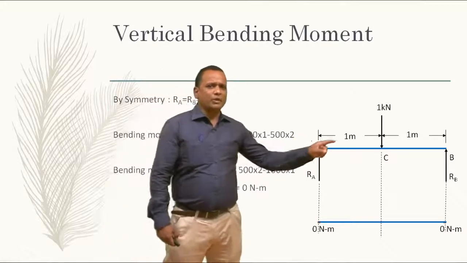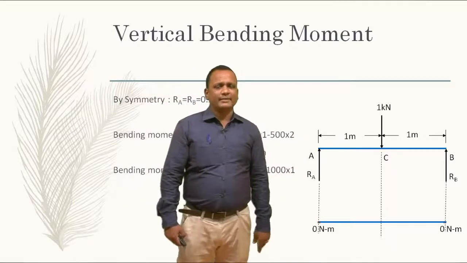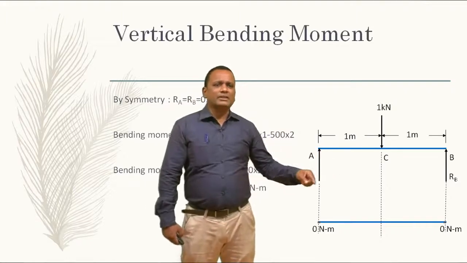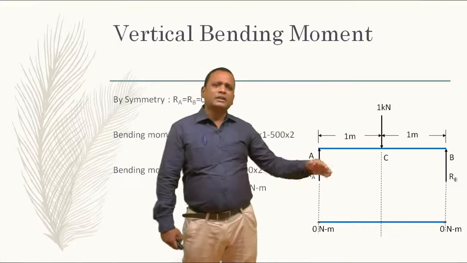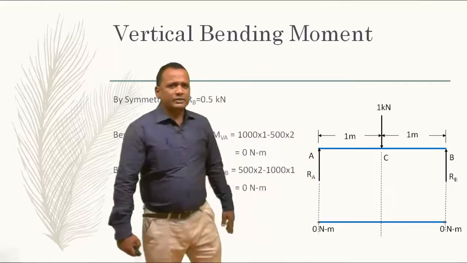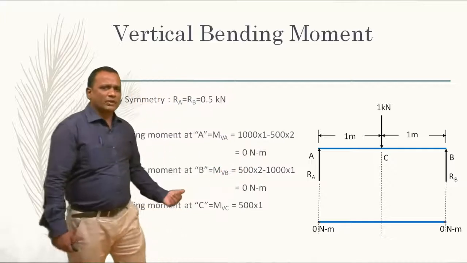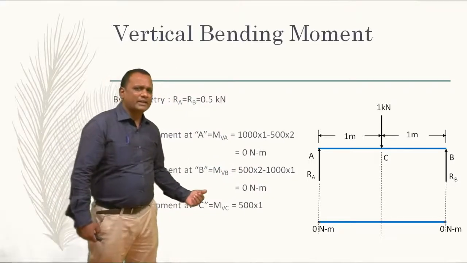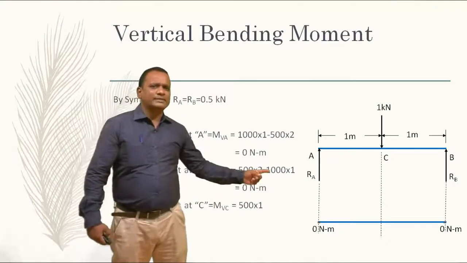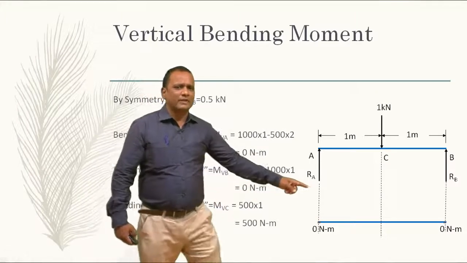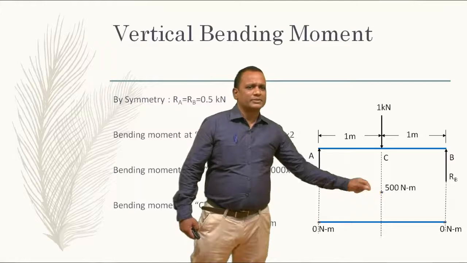Now it's very important to find out what the moment would be at C. In order to consider the moment at C, we will consider the forces either on the right side of it or the left side of it, any one of them. So here I consider this part of the forces, and I call it the moment at C. So 500 into 1, since it's clockwise, it's a plus, so it will be 500 Newton meter. I'm going to mark that 500 Newton meter at this reference point, as you can see over here.